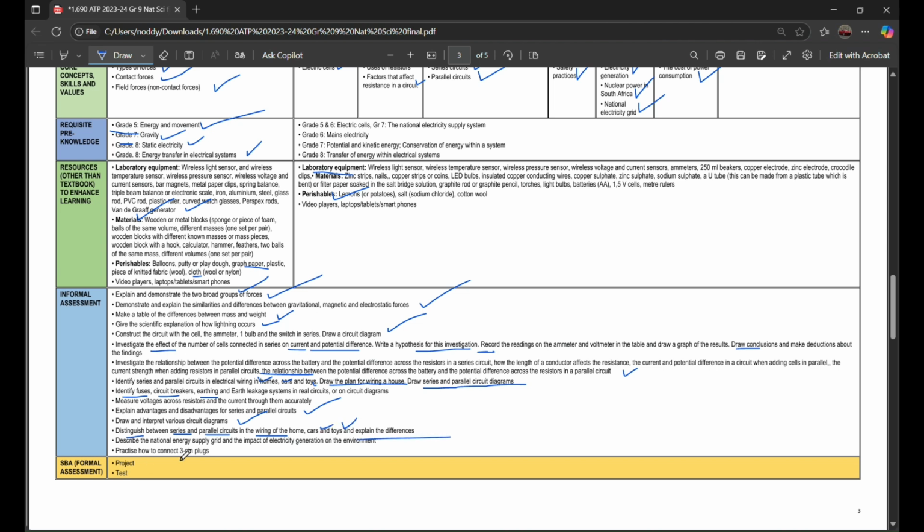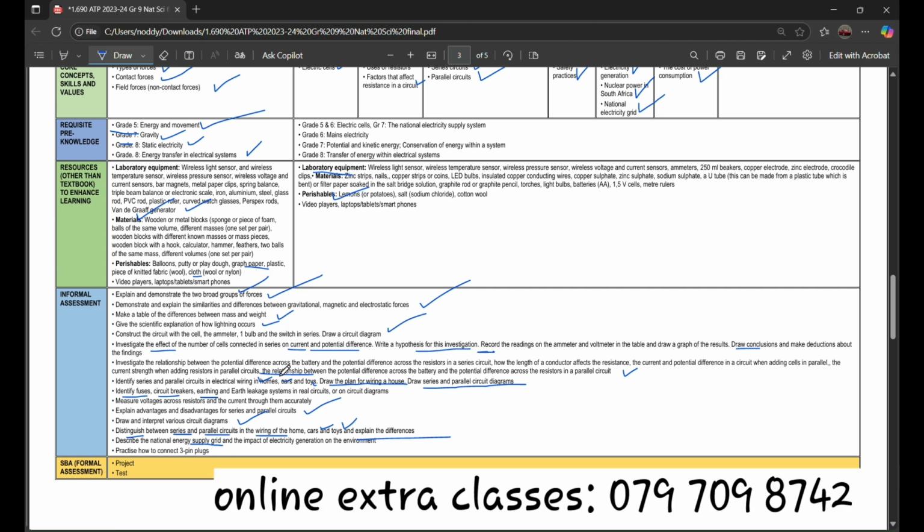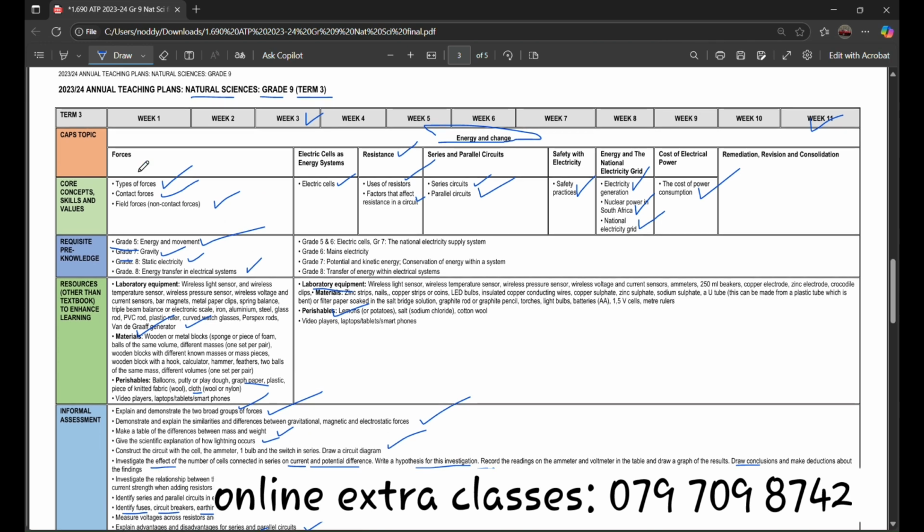Describe the national energy supply grid and the impact of electricity generation on the environment. Practice how to connect 3-pin plugs. So that is what you're going to be learning, or needing to answer within the informal assessment provided. So this is what you're going to be learning throughout the whole term 3 of grade 9 natural sciences,